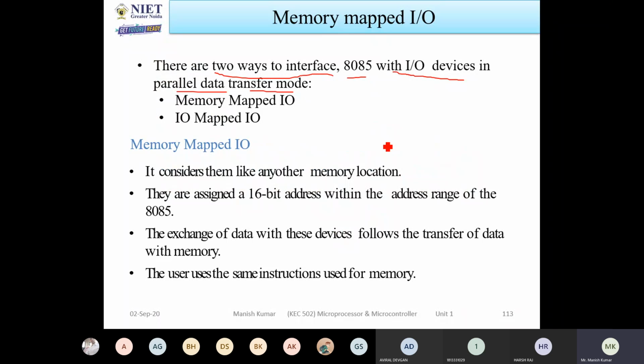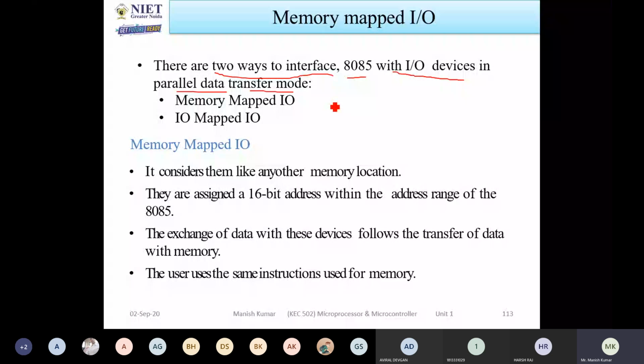In parallel data transfer mode, what will happen? You can send the data instantly. In one clock cycle, you can send all the data available in all 8 bits. Let us consider 8-bit data you want to transfer, and at the destination 8-bit registers are there. Then 8-bit data will be transferred in only one clock cycle. If you want to use serial transfer, then it will use 8 clock cycles. That's the difference. So whenever we are doing data transfer between the memory and input output devices, we prefer the parallel data transfer mode.